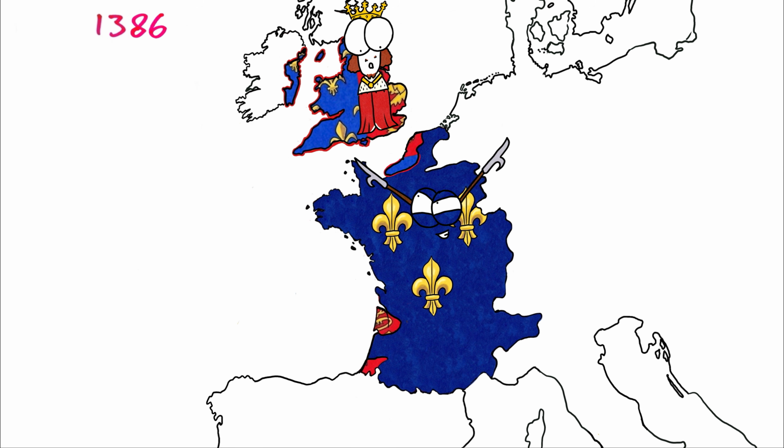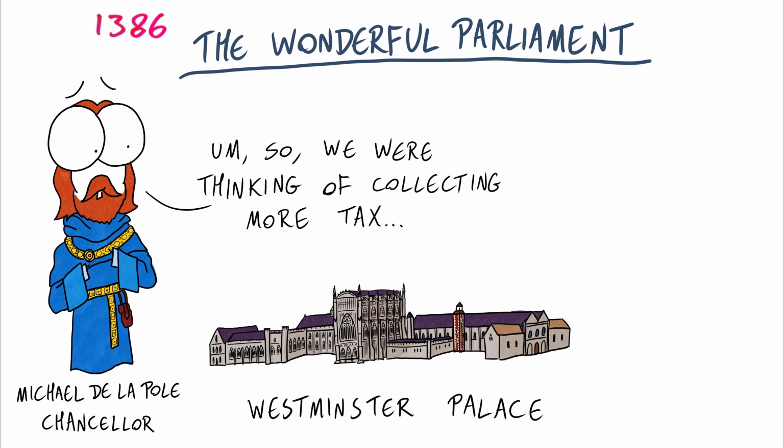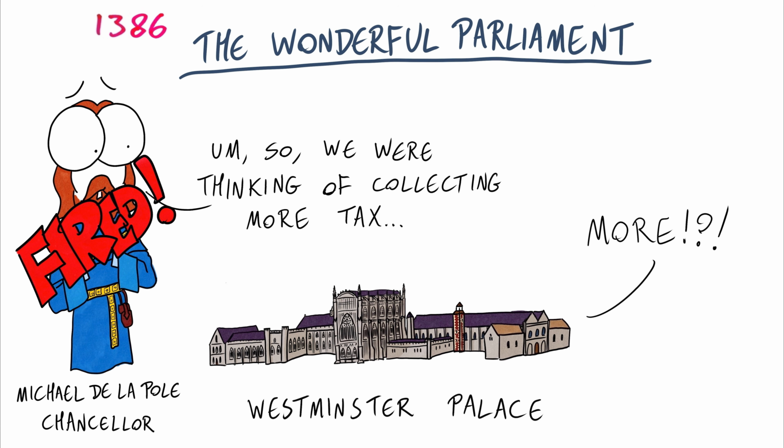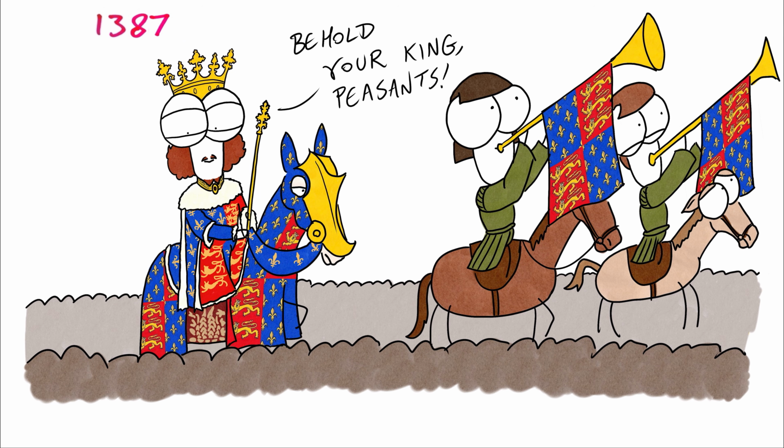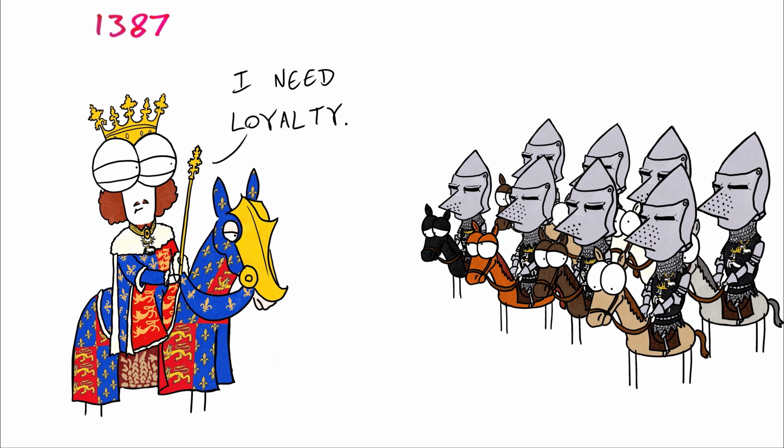With the threat of France looming, Richard's Chancellor approached the House of Commons to raise taxes to defend the kingdom. They ultimately forced the king to remove the Chancellor and reevaluate the taxes. Richard did not like having his kingly powers challenged like this. He toured the country to gain the support of his people and began organising a private military force for his own protection.